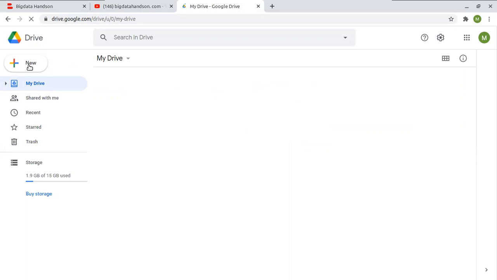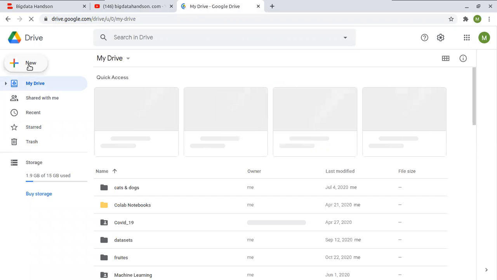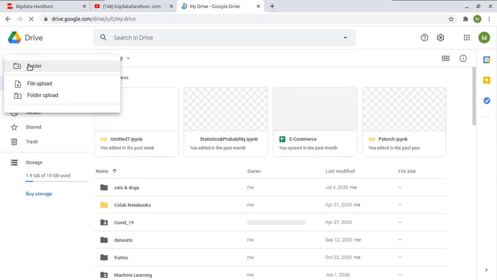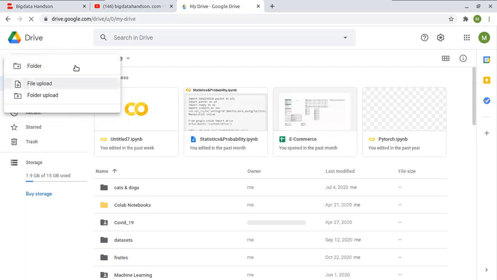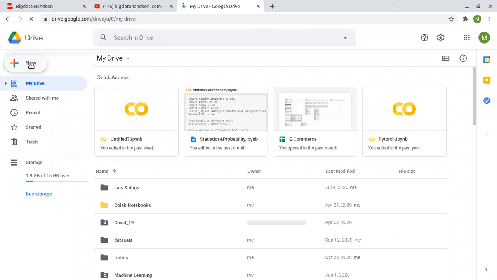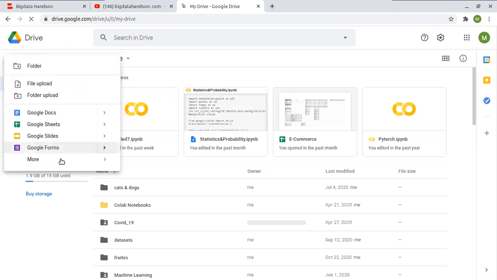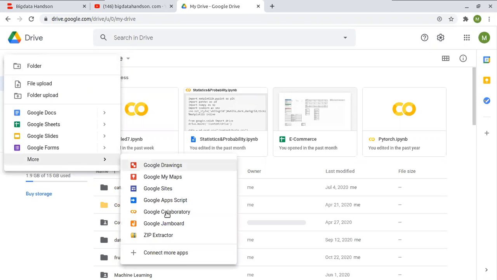So let me create a new file. Click on the new button, and at the bottom you will see the more option. It is not showing, so I will press again, yeah, here. In the more option you will see Google Colaboratory, and it will create an empty notebook.